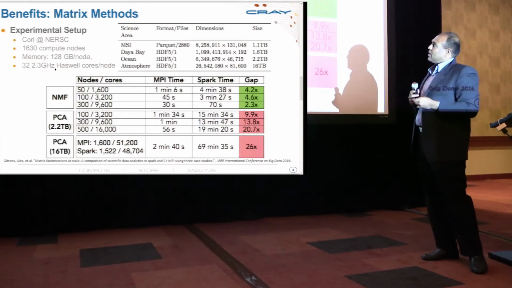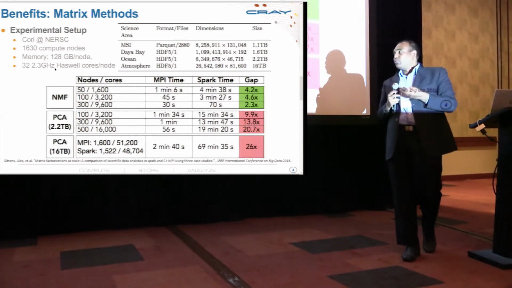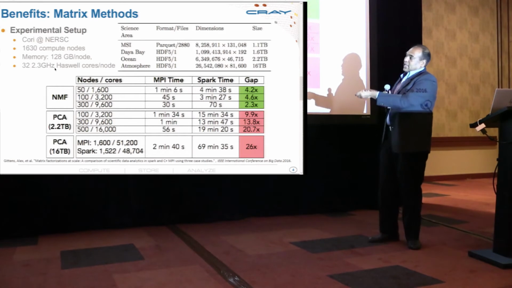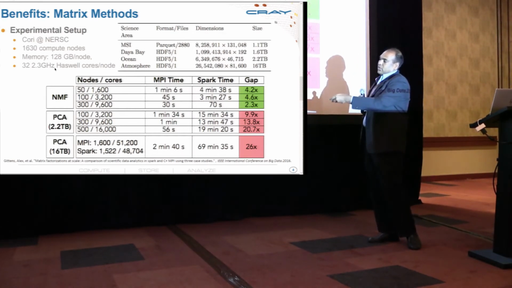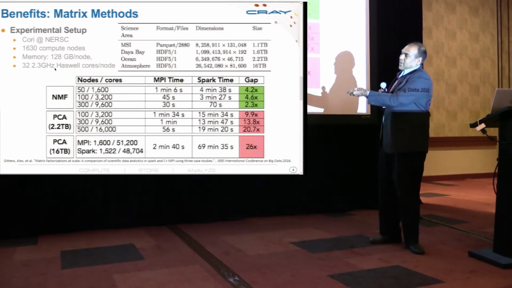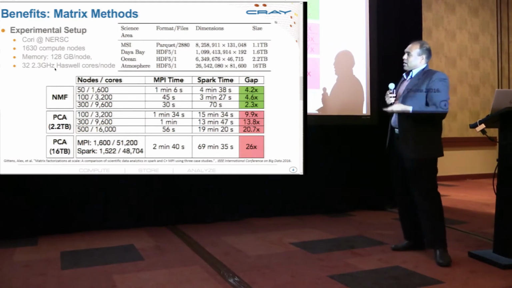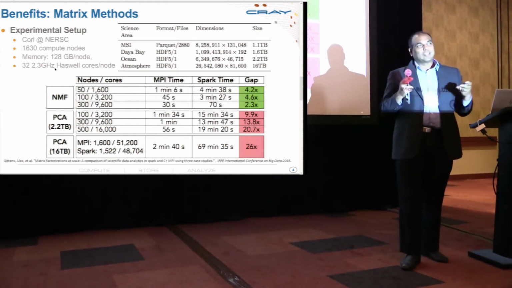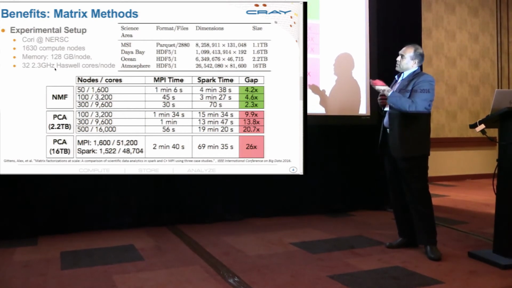And then we've got the matrix methods, non-matrix vectorization methods, PCA, and so forth. This was done at Cray, where we basically swapped the linear algebra stack that comes with Hadoop and Spark with an MPI-based layer. And you're starting to see anywhere between 2 to 25x difference there. So this is, again, finding the limits of what Spark can do at scale. We tried scaling Spark above 1,522 nodes, and it just couldn't. We just ran a comparable workload just to show that we can run it a little bit bigger. And interestingly, a follow-up paper at the exact same conference from Oak Ridge showed that for the same kind of data sets, they could do 400 times better by doing the strong scaling on a more number of cores rather than 1,500. So that's the matrix methods and graphs.